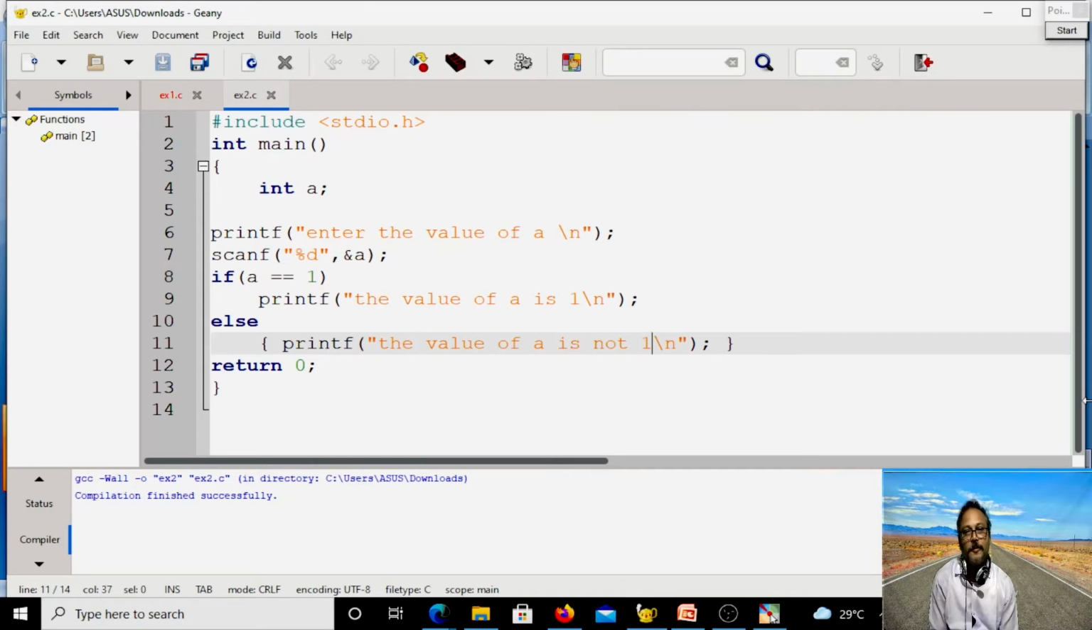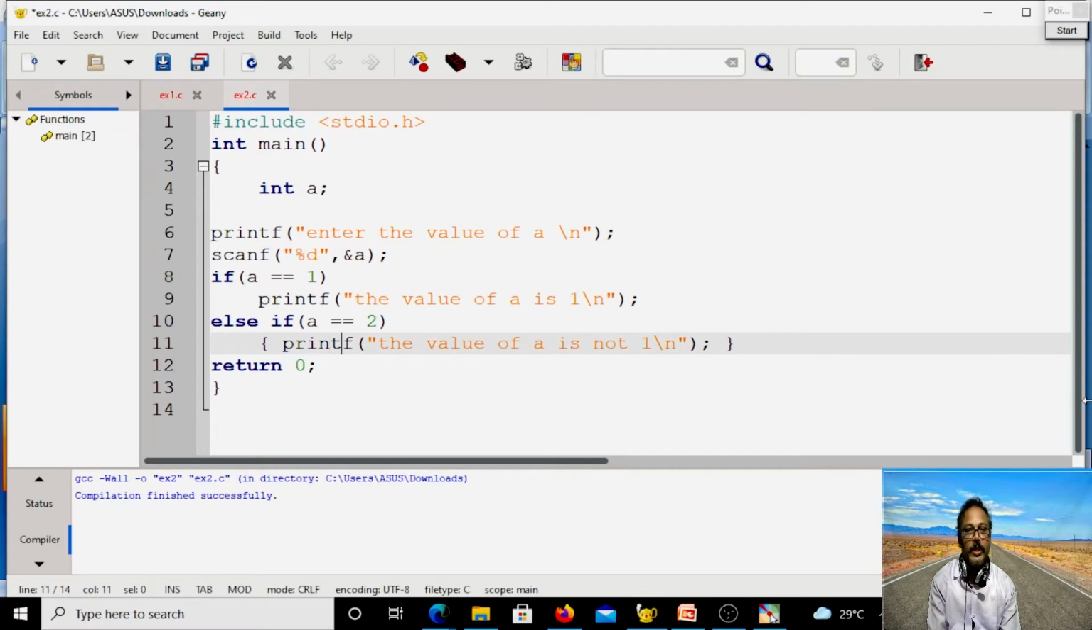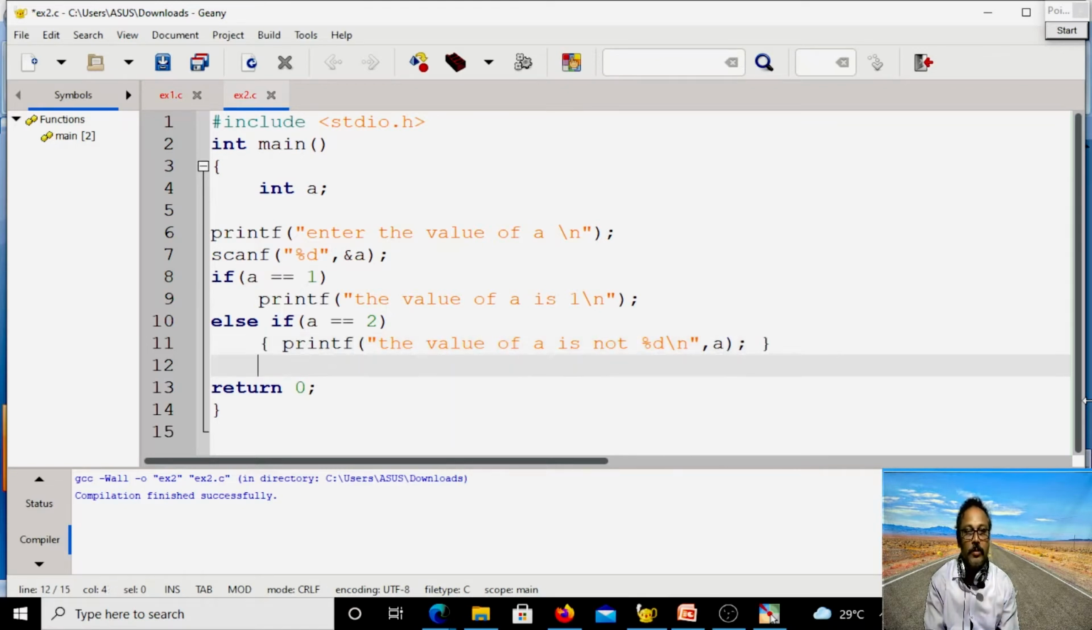Okay. Now what we can do is expand it. Again, for simplicity's sake, let us consider it as else if A equal to 2. Print the value of A is 2. I just modified it, instead of printing it generally, let us print the value. Then else if A equal to 3,